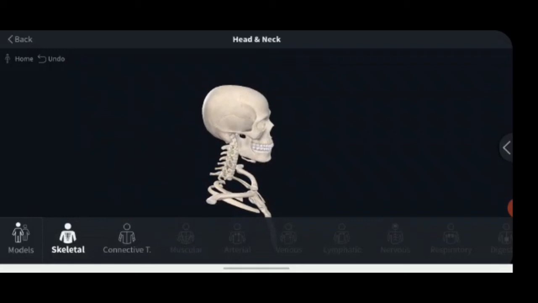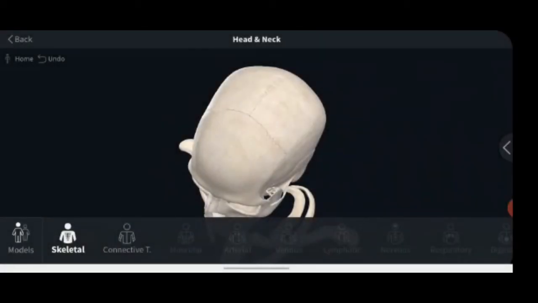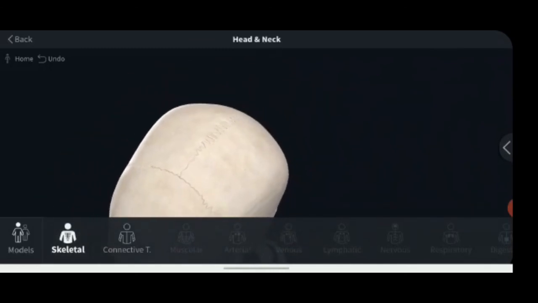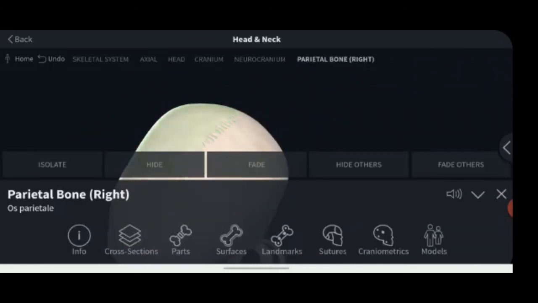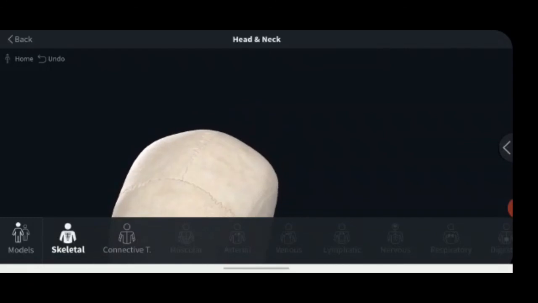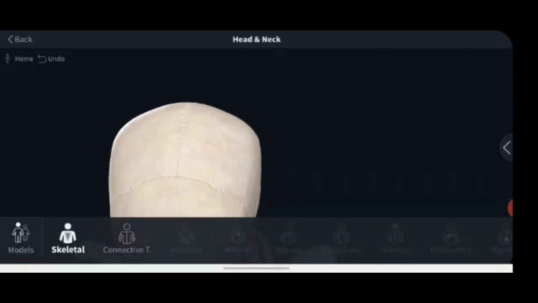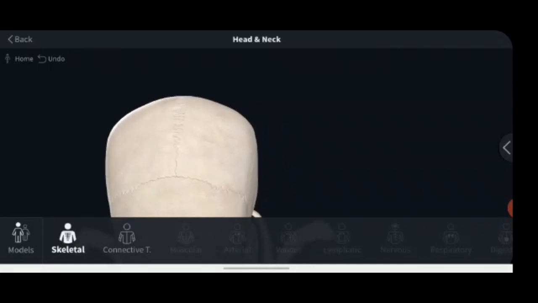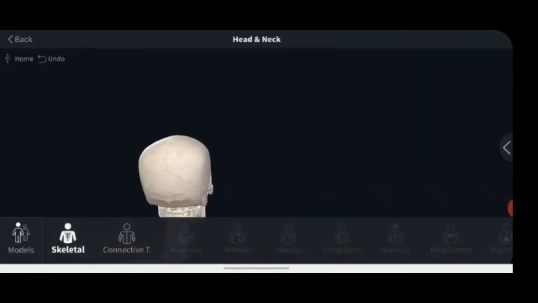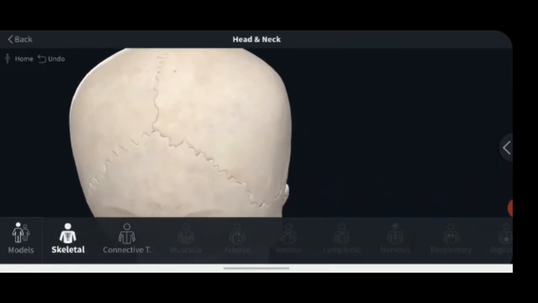First, the following foramina are important. Three sutures are encountered in the cranial vault. The sagittal suture lies between the two parietal bones. This is the sagittal suture. The coronal suture lies between the parietal and the frontal bones. The meeting point between the sagittal and coronal sutures is called the bregma. The lambdoid suture lies between the parietal and the occipital bones. Yes, this is the lambdoid suture.